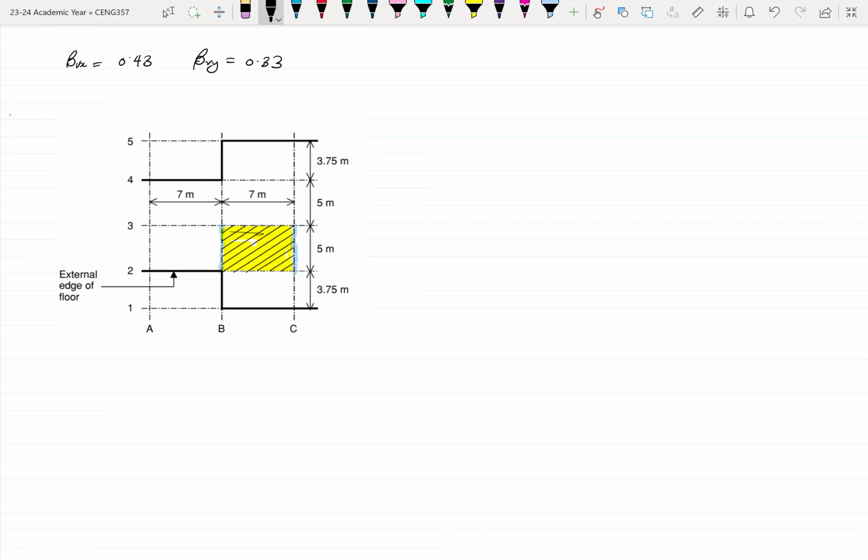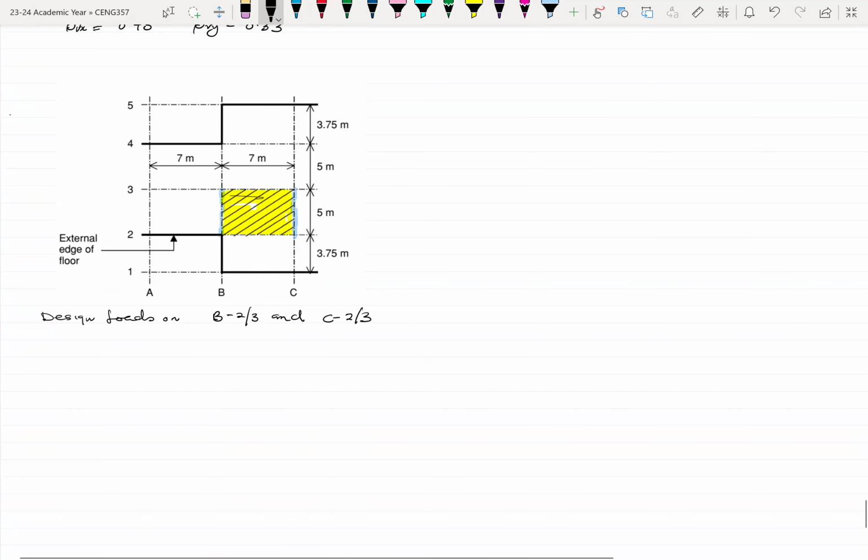So I can state that, let's look at the design loads on B23 and C23. All right. So the maximum shear forces or the design loads on these ones would be